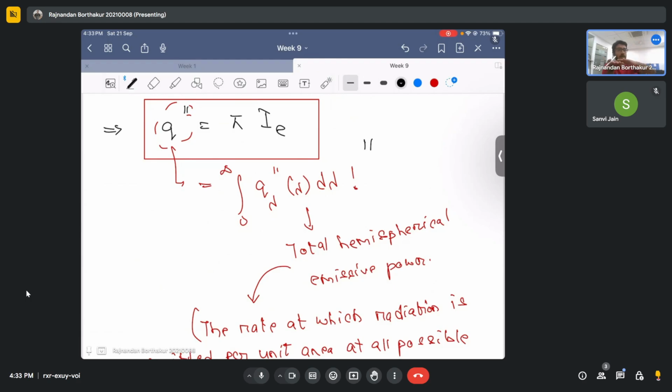So if I want to calculate the emissive power, I don't need to think about which direction to calculate it in, because the properties are not a function of the direction. And by direction,